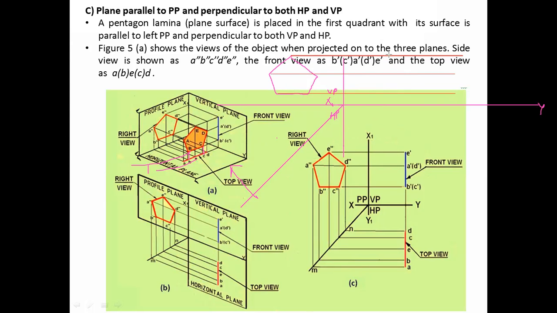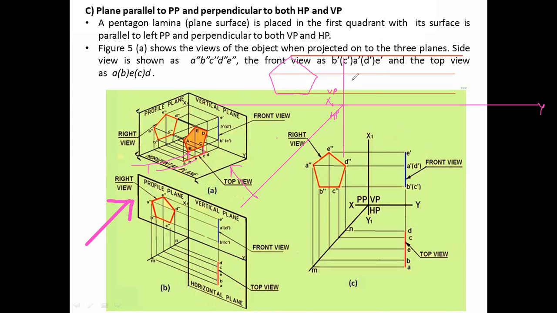Now I know the projection will be a vertical line joining this top red line and bottom red line. That is fine. Understood, everyone? That will be your front view. Okay, understood or not? Yes, sir. Our main direction is this. Preliminary direction to view is this.